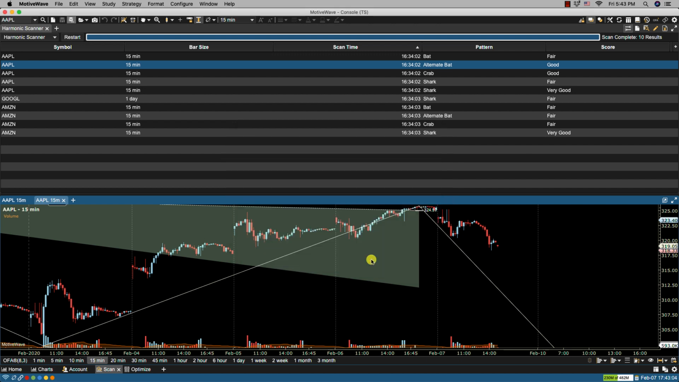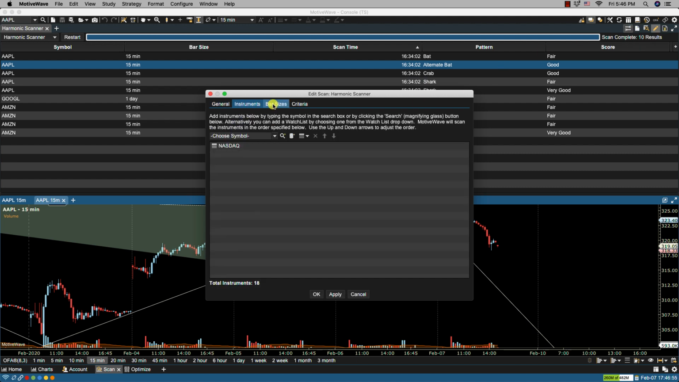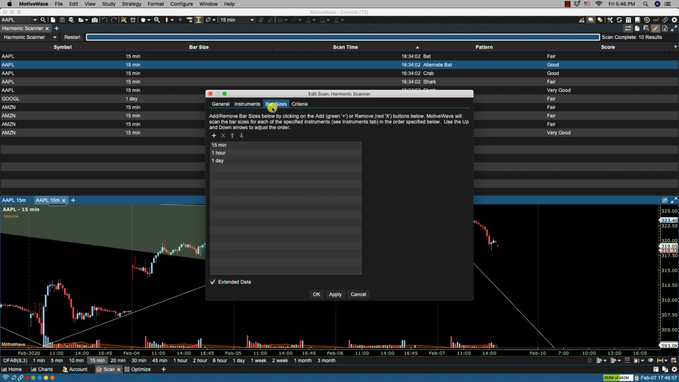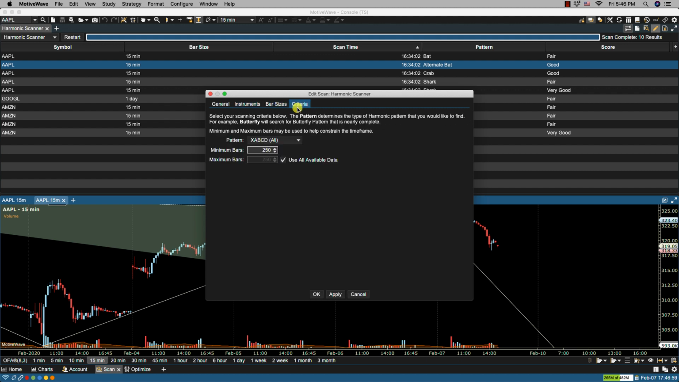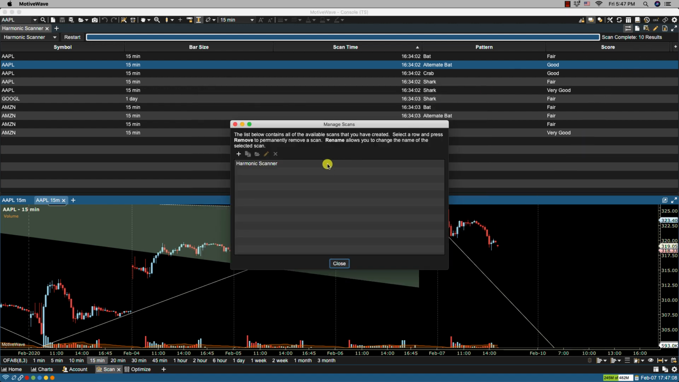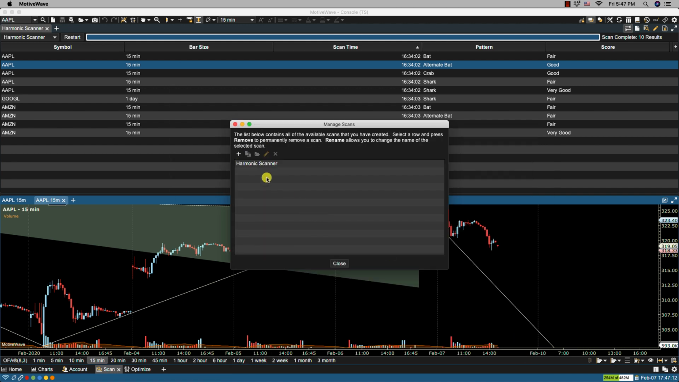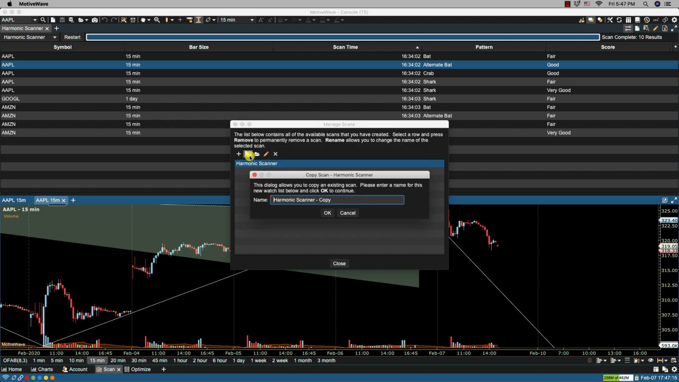Just simply, again, click on Save As, give the analysis a name, and then you can recall it later. We can edit a scanner by selecting it from our list and then clicking on the Edit Scanner icon found in the upper right hand corner. From here we can change the name, we can add or remove instruments, we can add or remove bar sizes, as well as change criteria. We can also do that from the Manage Scans icon, where we can create a new scanner. We can copy the current scanner,